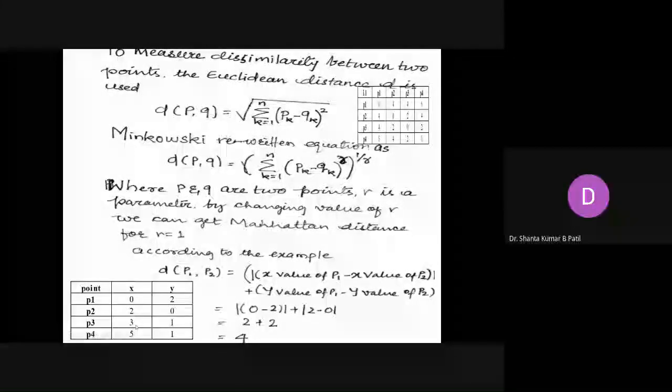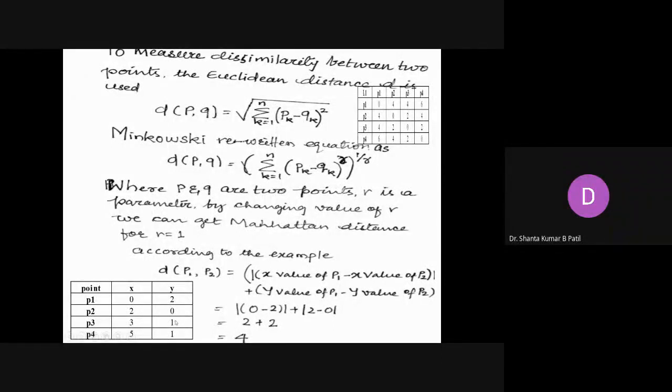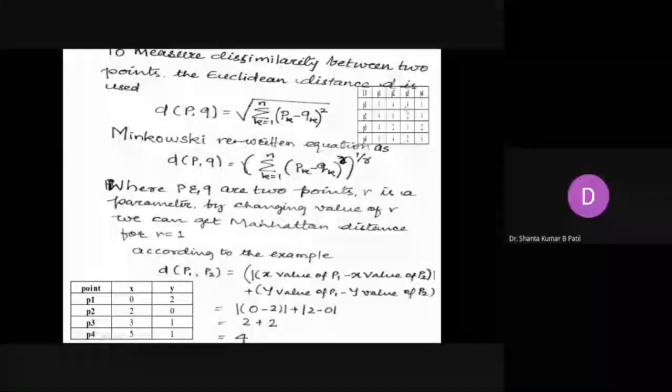P1 and P3 is 0 minus 3 and 2 minus 1, that is also equal to 4. So 6 you can obtain. I will show you again d of P1, P4: 0 minus 5, so 0 minus 5 is a plus 5, and 2 minus 1 is a plus 1. Adding the x value of the point with the y value of the point, you can get the 6. So this is how we get the 6. The difference between P1 and P4 is 6 in the case of the L1. Whereas in the case of the